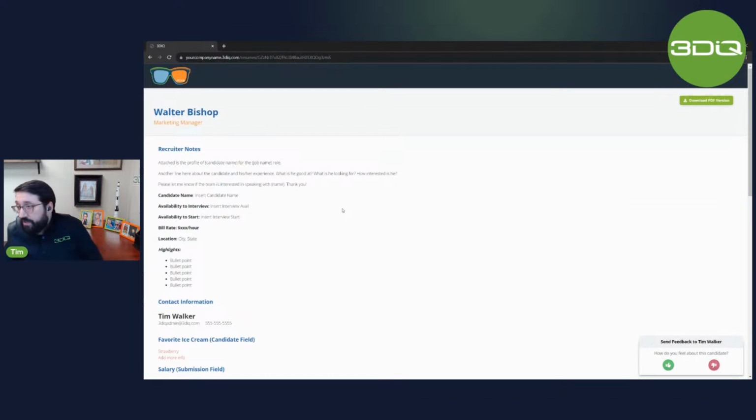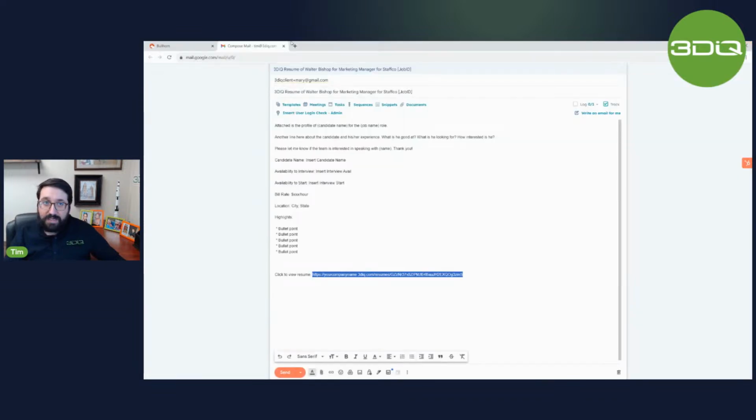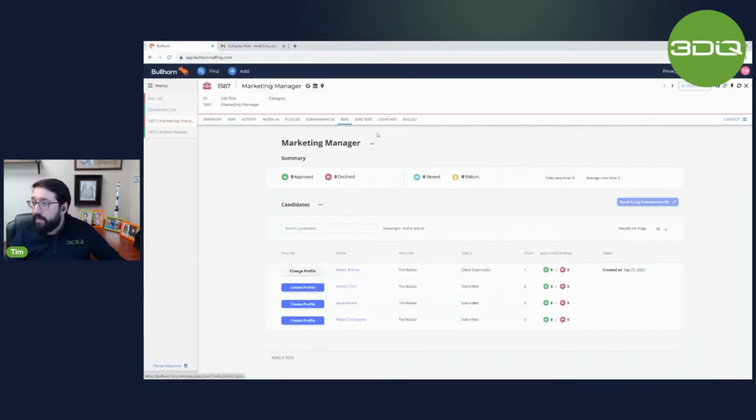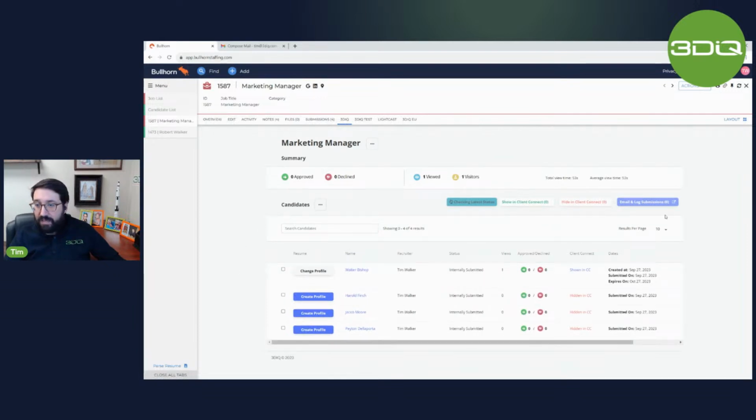So what we've just covered here from front to back is submitting a single candidate from the point where we've brought them in from Bullhorn, generated a profile, and then sent it off to the client. What's nice about 3D-IQ is that we also support multiple candidate submissions. And so the way that we manage that is back in this list screen where we've imported all of your submissions on this job. If you want to submit multiple candidates, you simply select those candidates and click email and